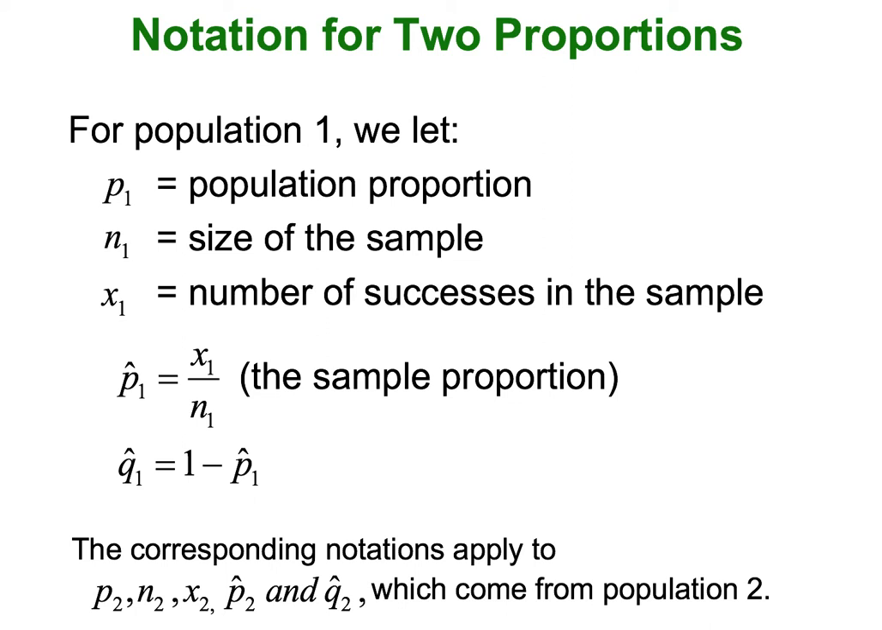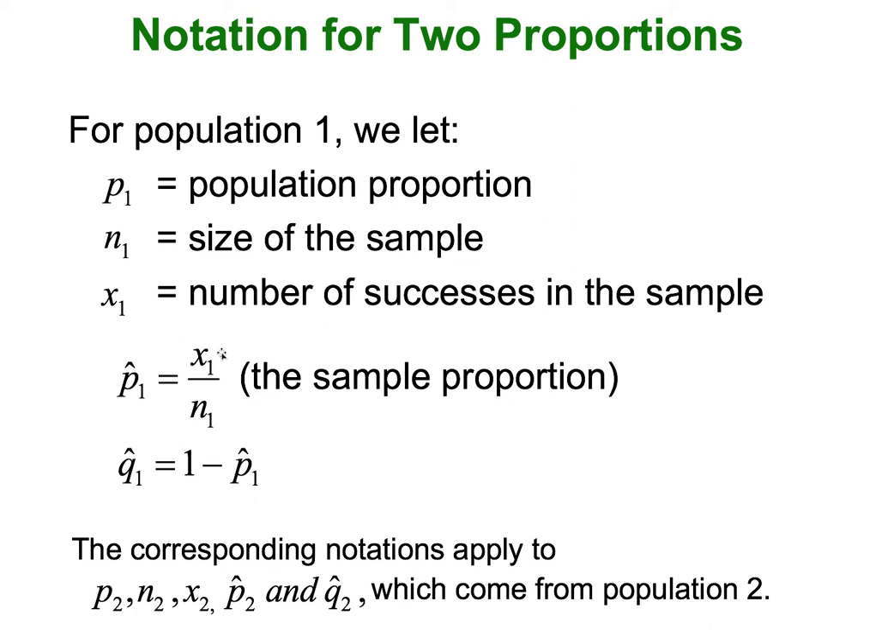this is the notation. P is the population proportion, N is the size of the sample, X is the number of successes in the sample, successes being the occurrences that match whatever we're interested in studying or comparing about these two population proportions. And then the sample proportion, shown here, p hat,